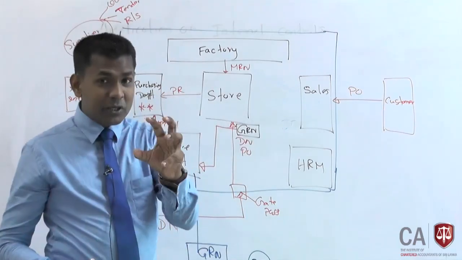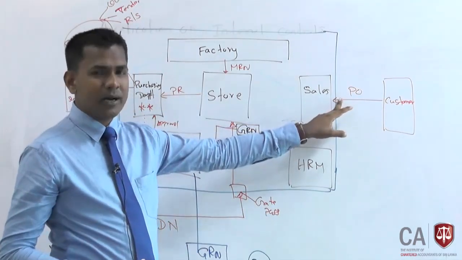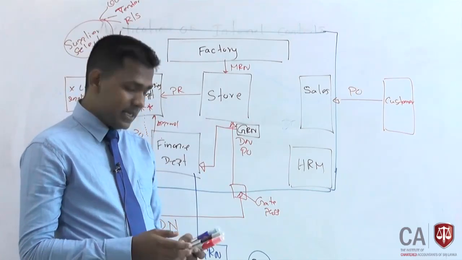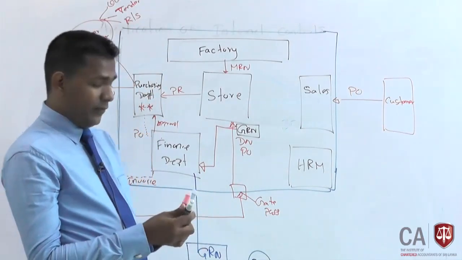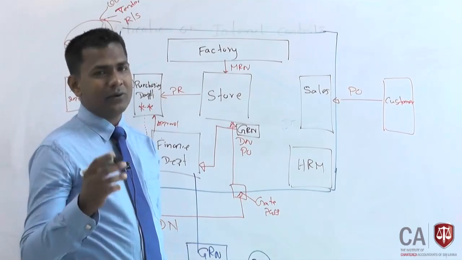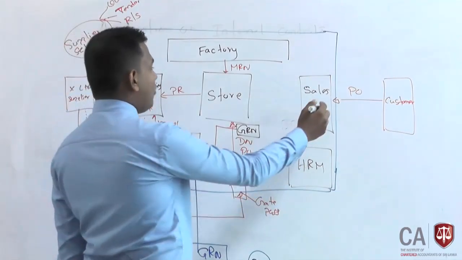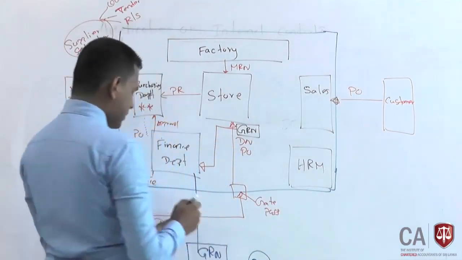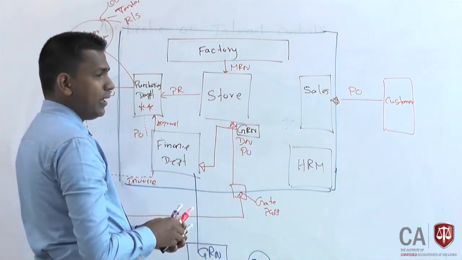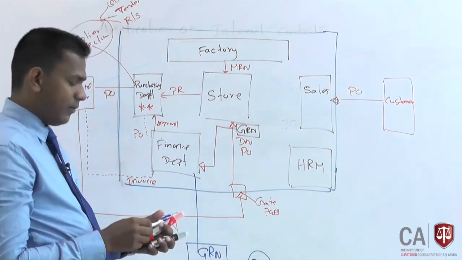Creditworthiness of that particular customer needs to be ascertained at this moment. Once the creditworthiness is ascertained and accepted, with the relevant approval of higher management, the sales or marketing department will raise the invoice,